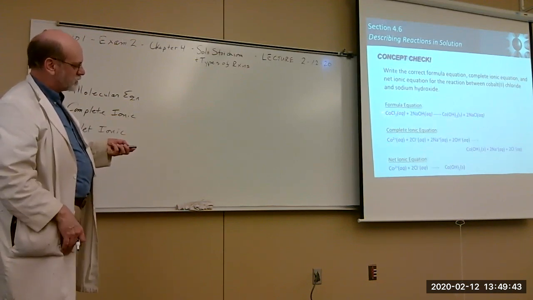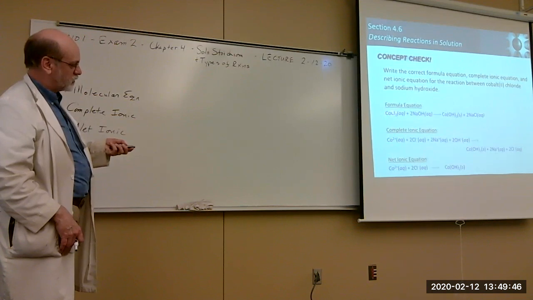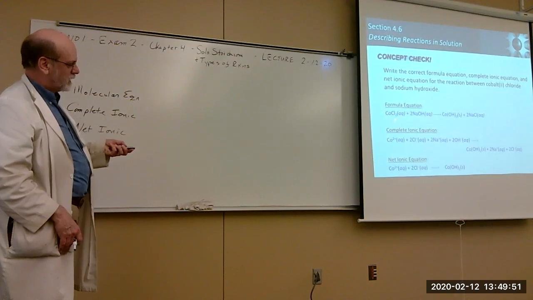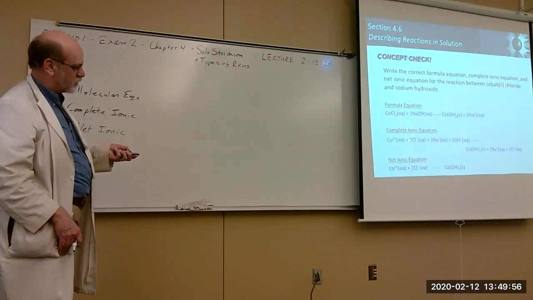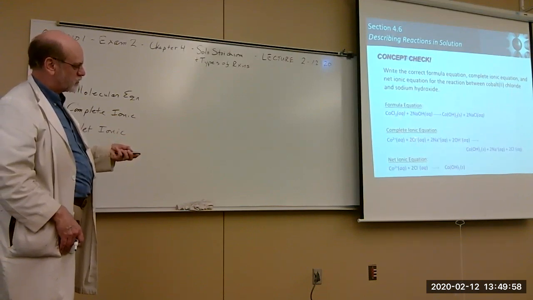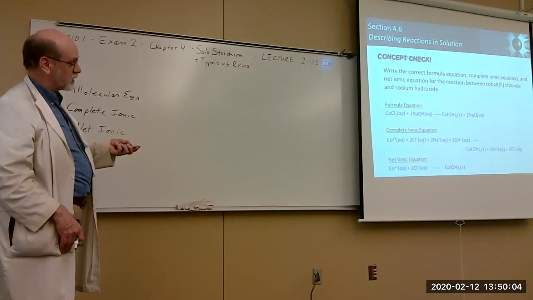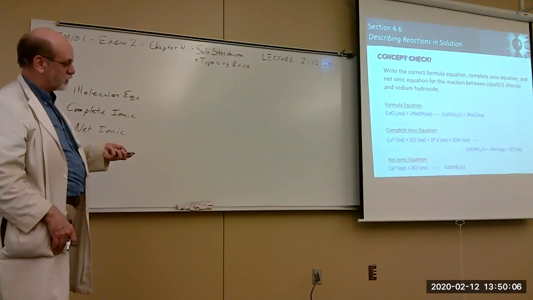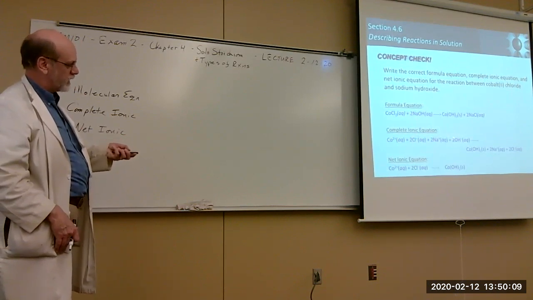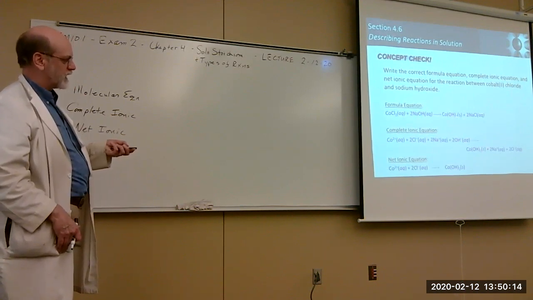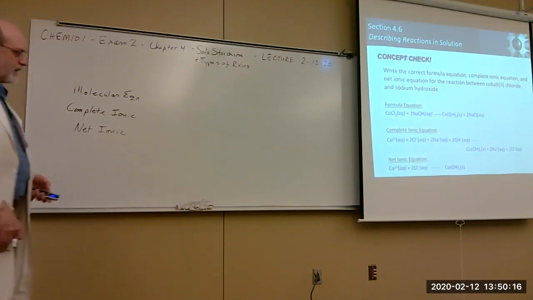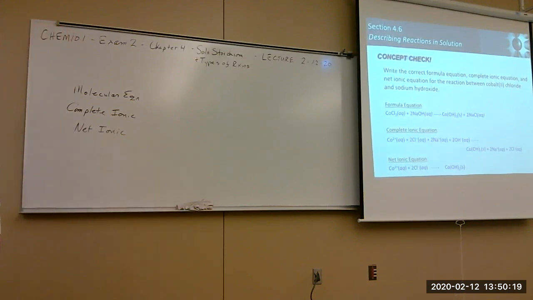Notice that cobalt is a 2+ ion, right? And you know that because of the formula. But there's only one of them. But there are 2 chlorides that come out of that. So now this 2 subscript becomes a coefficient, because you need 2 chlorides separate from the cobalt. In this case, you've got 2 sodiums. Already you've got a coefficient, so you put that one in there. And 2 hydroxyls, you put that in there. And then you leave the cobalt hydroxide alone because it's a solid. And then you cancel out the spectators. That's how you go from,